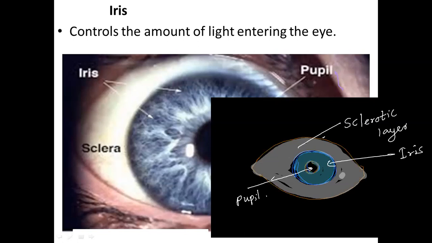Pupil. Just draw it and name it: pupil, sclerotic layer, the white color part, and this is the iris.